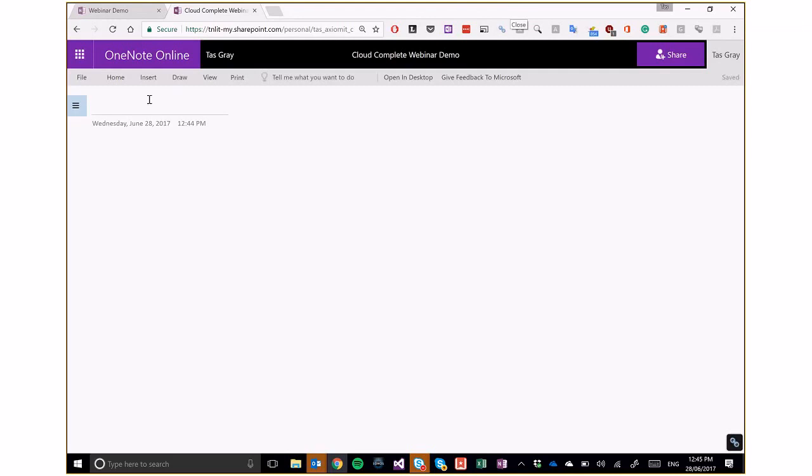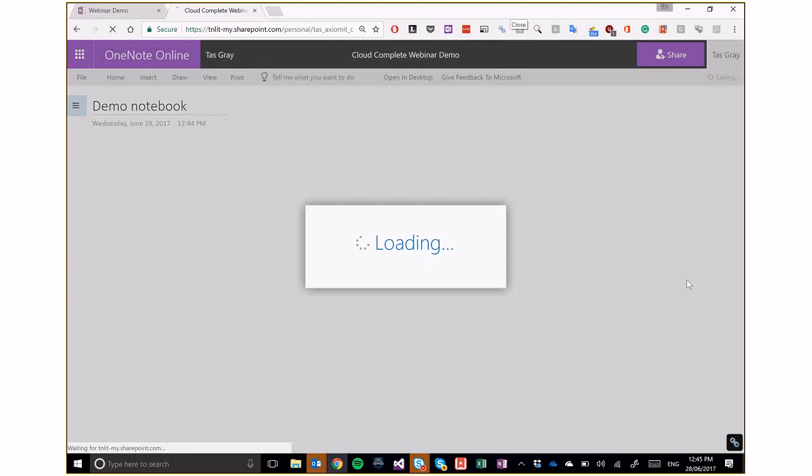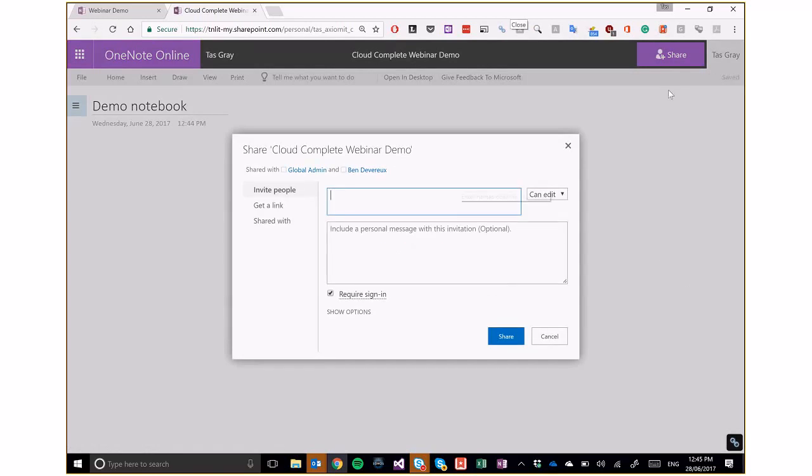So now that I've created this OneNote, again, I can share it out if I want to, or I can just keep it for my own personal use. It doesn't really matter how I do it, but if I do want to share it, it's just a matter of clicking on the share button up in the corner, and then I can invite the people I want to have access. Now, whether they can have read-only or actually edit access, that's up to me,